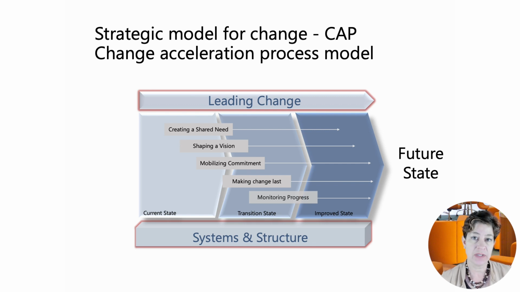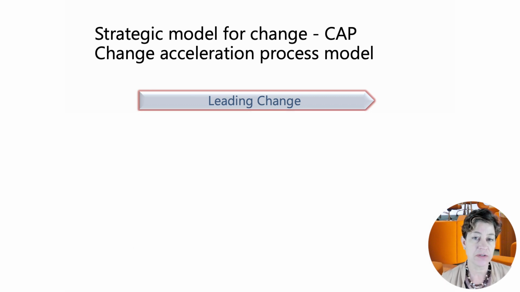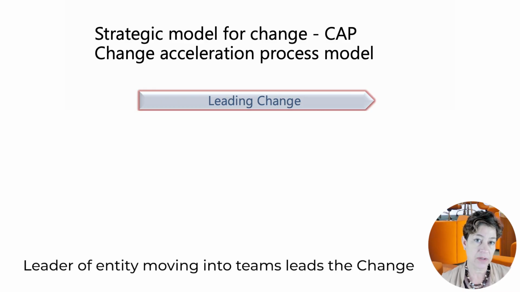So at the start of this, we have to determine who the leaders are that are critical to making this transition. Let's use as an example one particular company that has been integrated but has not yet transitioned to Teams. For that example, the leader of that company and other key leaders in that organization should be part of leading the change. They'll need to articulate why it's beneficial for the organization to move into Teams and what the future